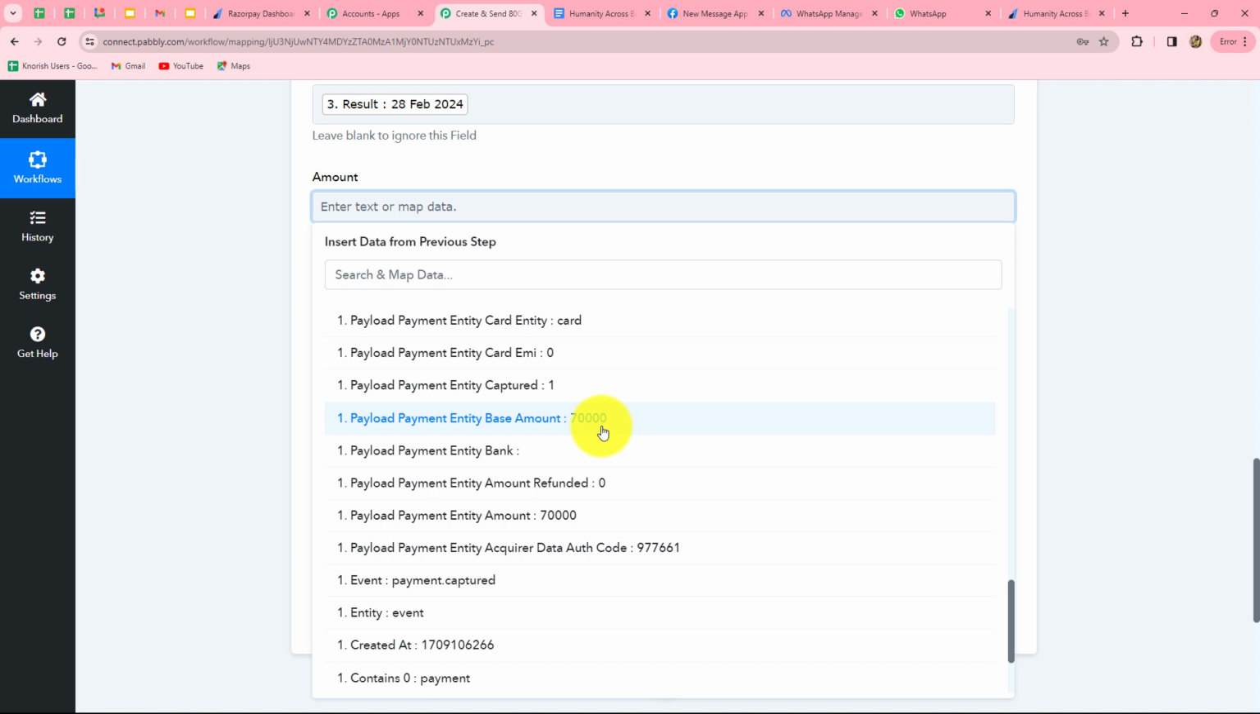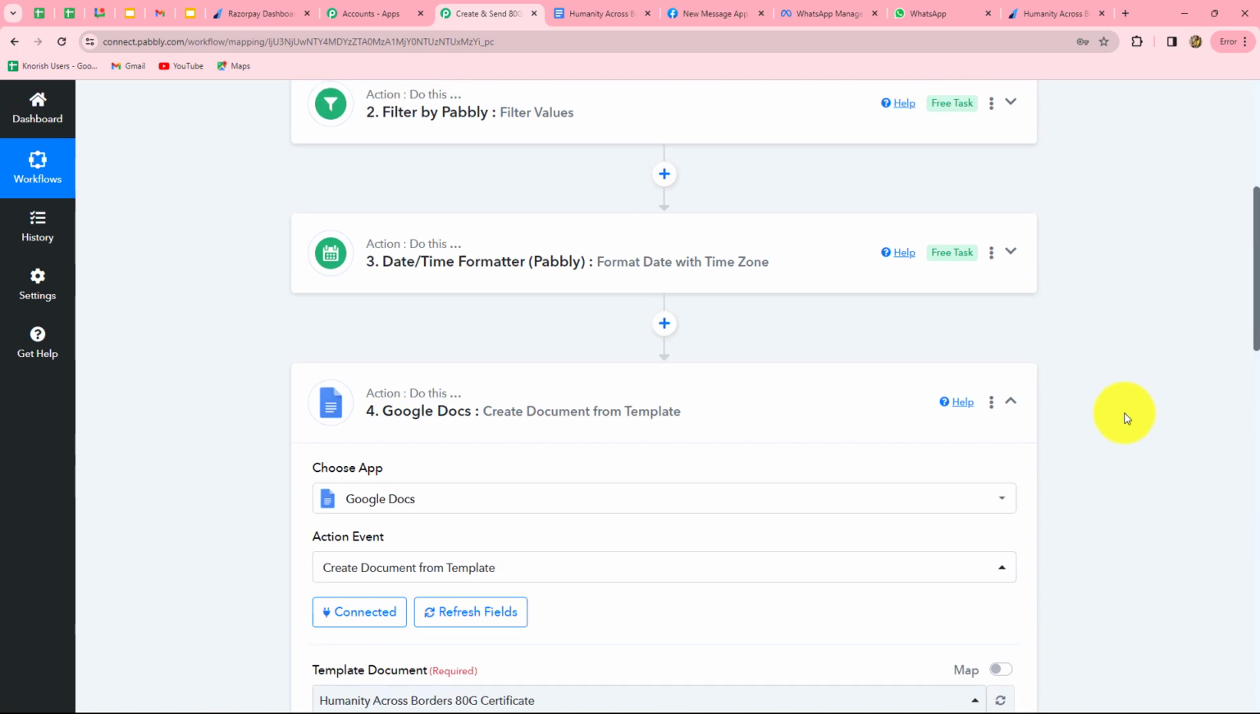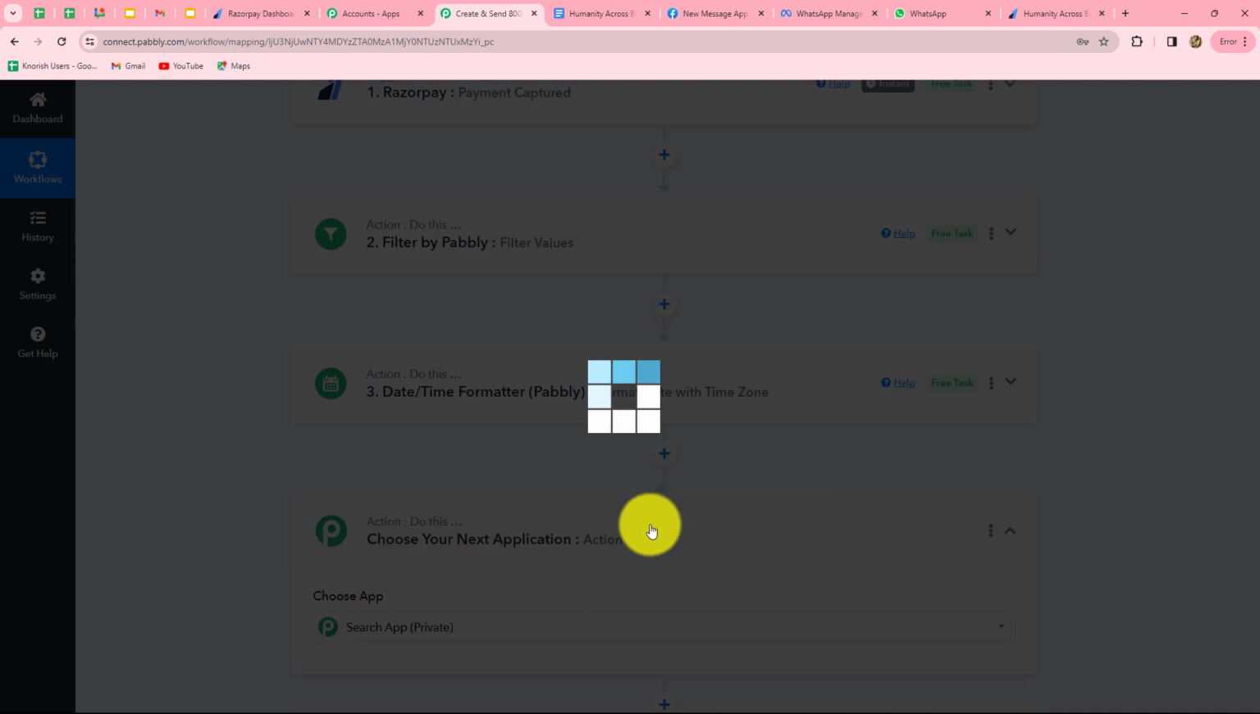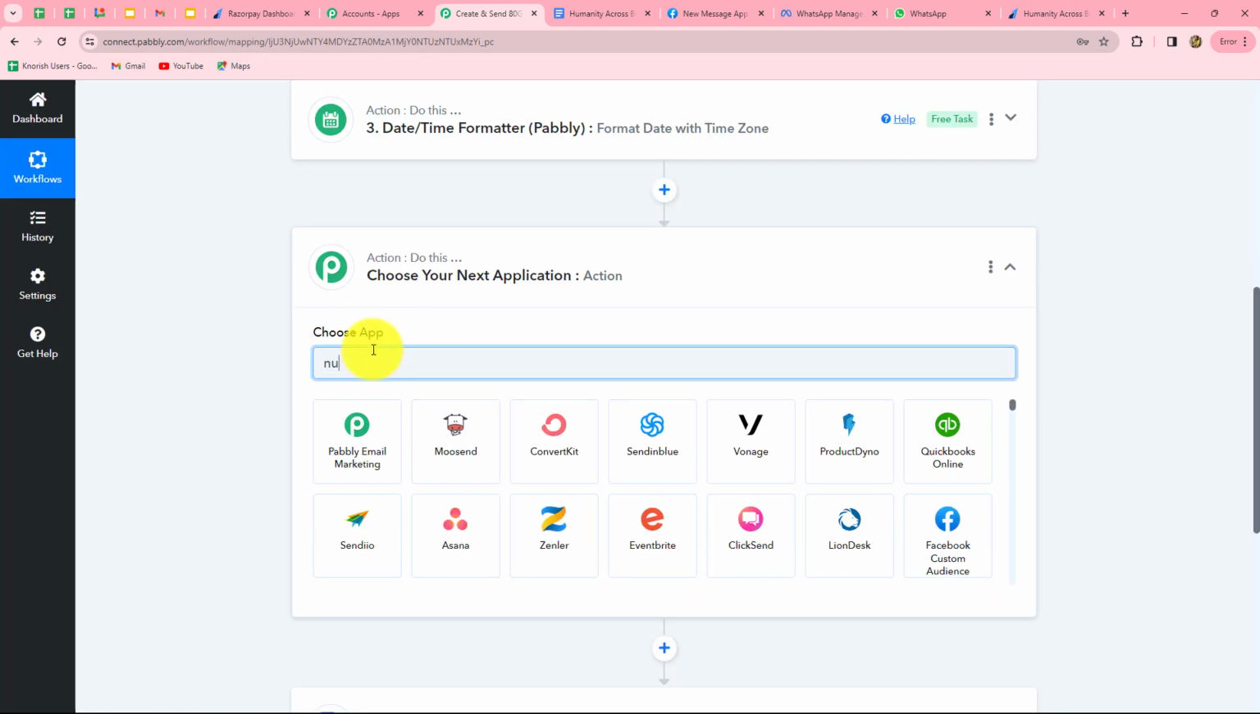So every time we receive a response from Razorpay, in the amount 2 zeros will be extra. To remove those 2 zeros and get the amount in the actual format, we have to add one more action step over here. That will be Number Formatter. Let us click on this add action step button once again, and here we are going to select Number Formatter